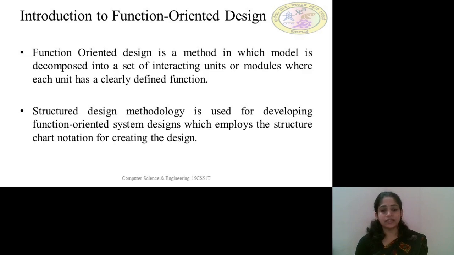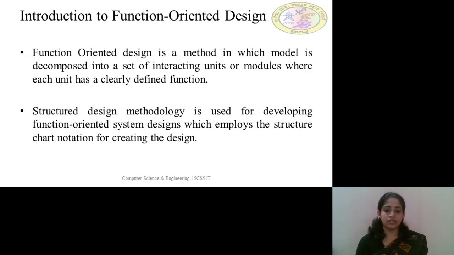For our easier sake, we divide the software into different modules, and each of the modules will be developed independently. The same concept is accepted by function oriented design. It is decomposed into different units or functions, and there will be an interaction between these defined modules, and all the units will have a clearly defined function. So all these units will perform their own function independently.